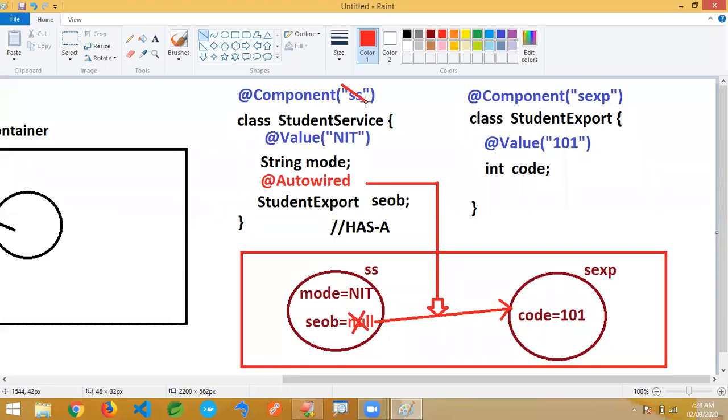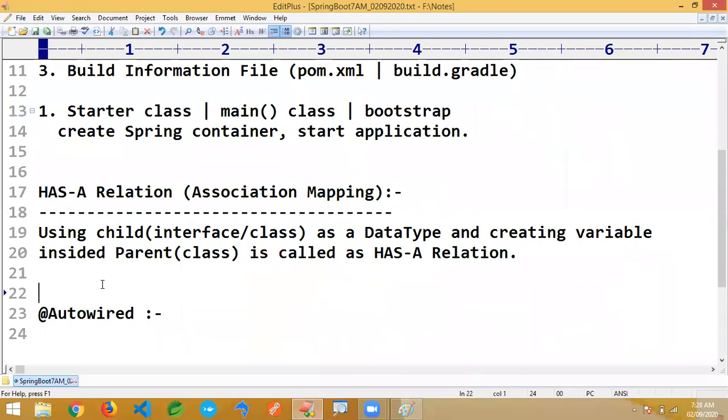Then if I did not give the object name, then what is the object name? Like this, I did not give the object name. Then what will the object name be? Yeah, very good. Class name, first letter lowercase. That is called camel case conversion. First letter lowercase, exactly. The same class name is the object name, with the first letter small. Yesterday I explained that one. So here we'll continue the same. Now understand what auto wiring is here.